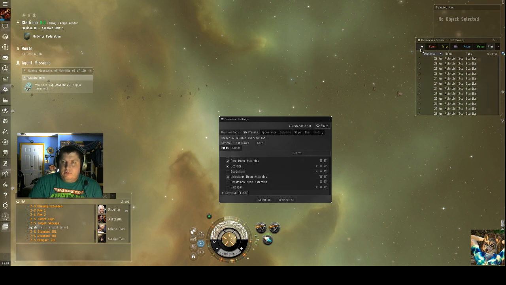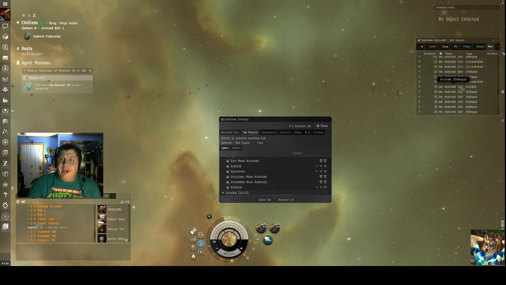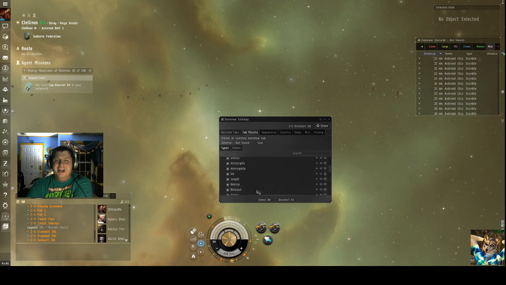Wait a minute, am I on the wrong one? I'm on the right one. Apparently there is no plagioclase here. Well, that's going to make this a little bit more difficult now, isn't it? So we want all the asteroids. But I'm not worried about